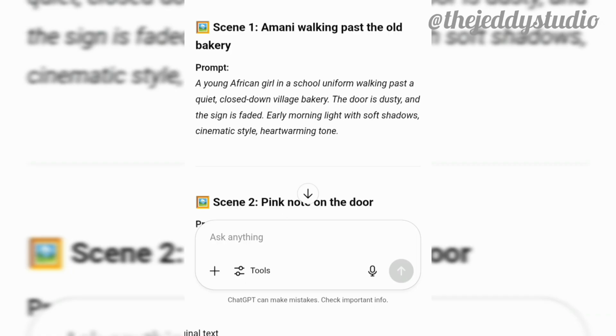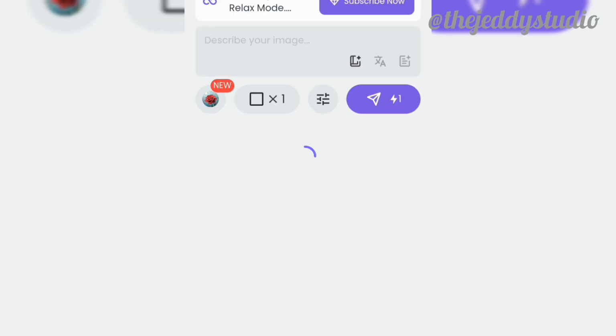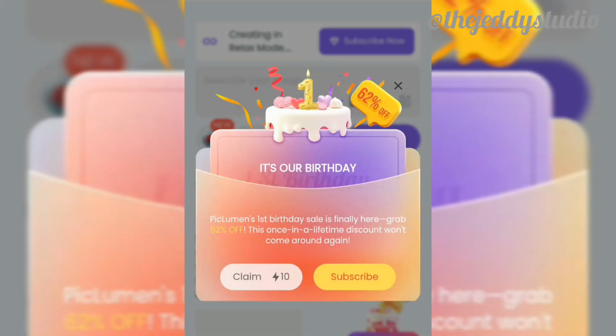Okay, head over to Procurement AI, claim your 10 credits daily, and then input your prompt and generate the image